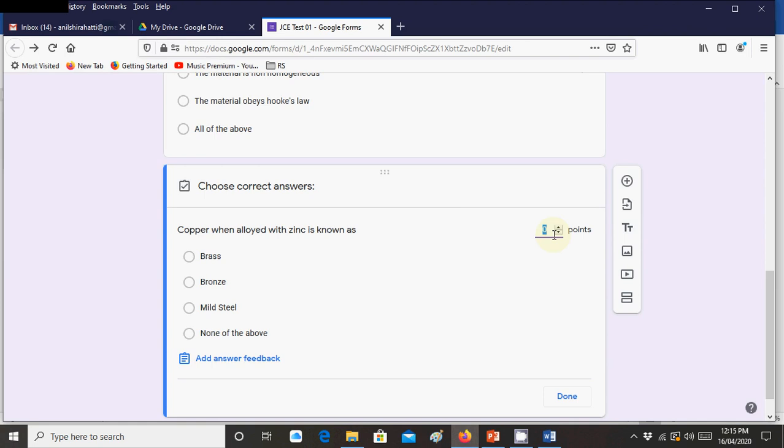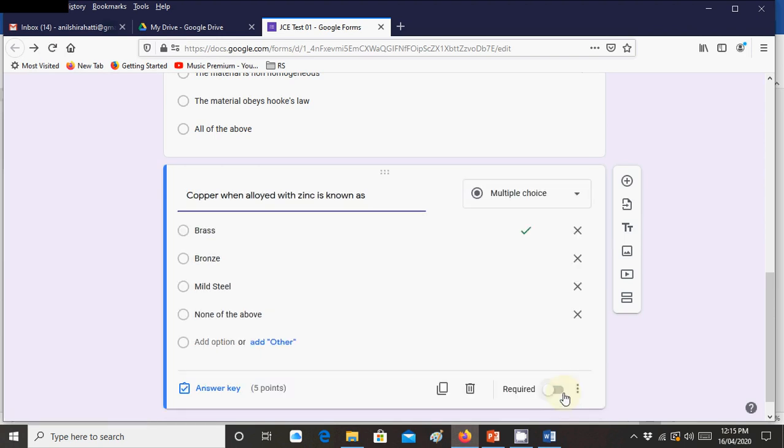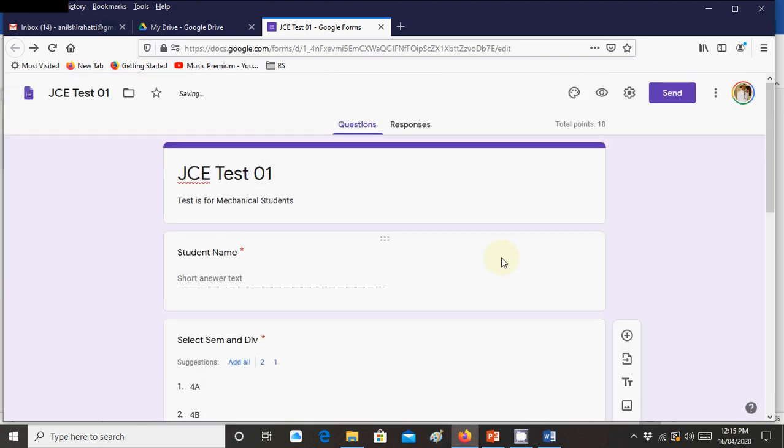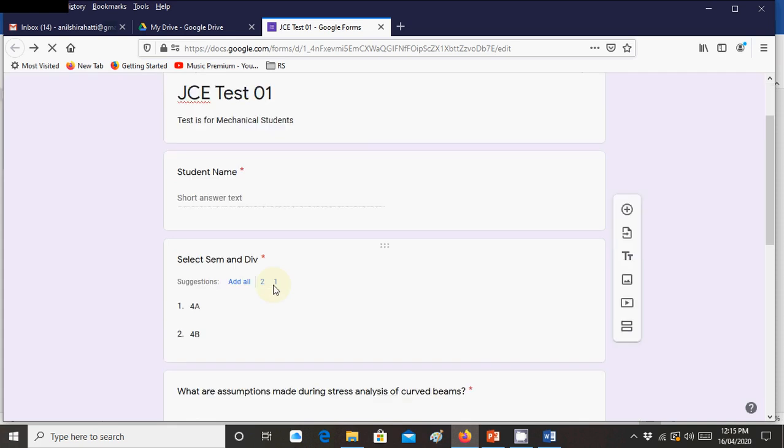Let's say I am giving 5 points, and the correct answer is brass. Say done, and say required, compulsory. So you can see like this we have created JC test 1 with short answers.